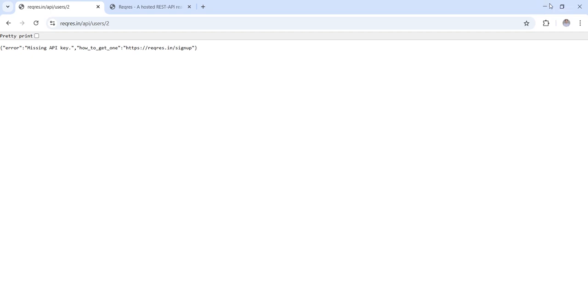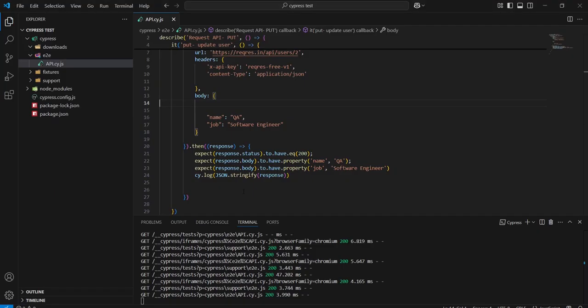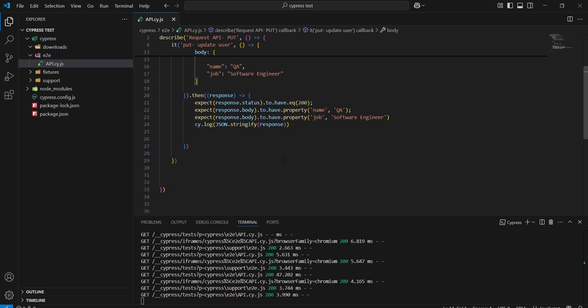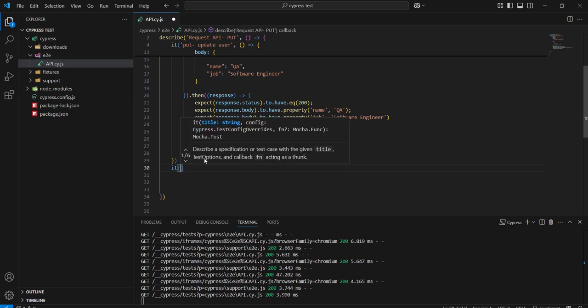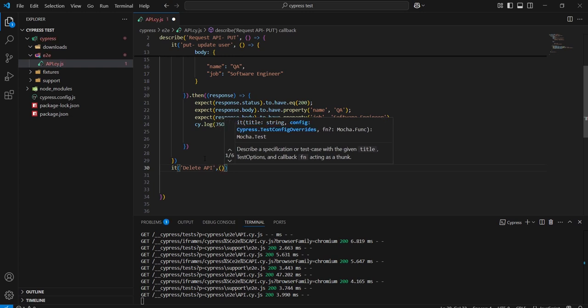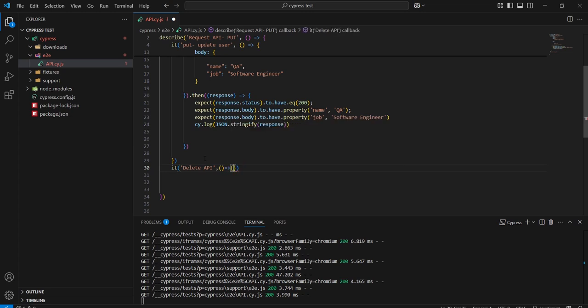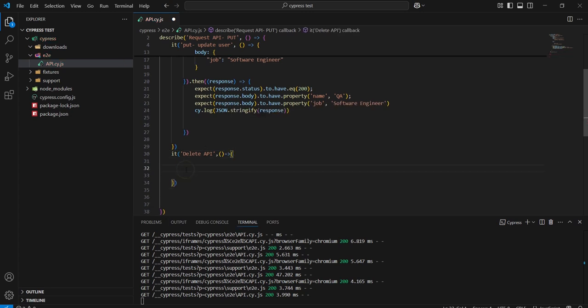So here we will add another test case. Here we will enter test case it delete API, comma, and then callback function. Inside this, we will enter the test case. As you can view,